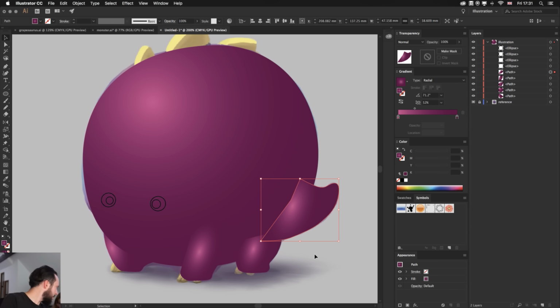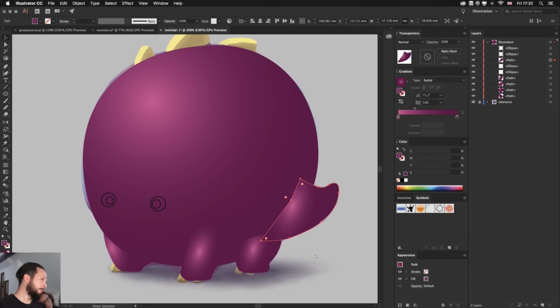What's the shortcut to send to back? I have to be able to look at the keyboard. It's shift. Yeah, you can hold down shift as well, very good point. So Command square bracket would be send one step back. And we can see it in the layers, it's going up and down, Command square bracket, or Control square brackets on PC.